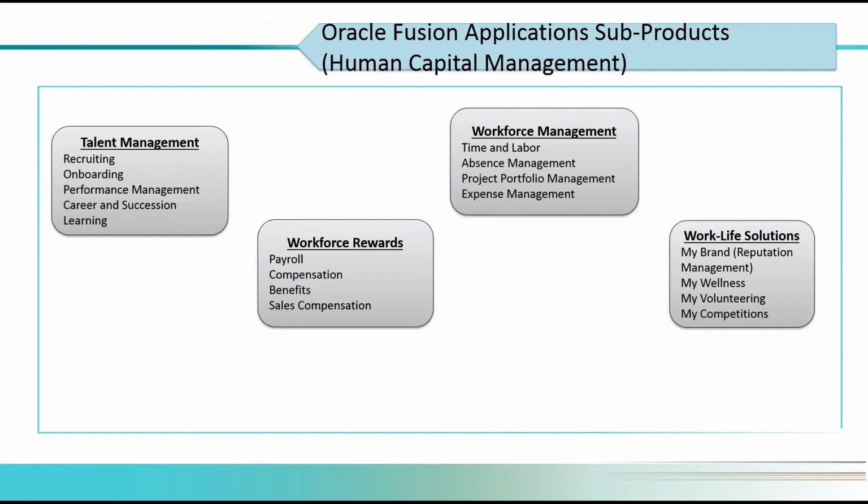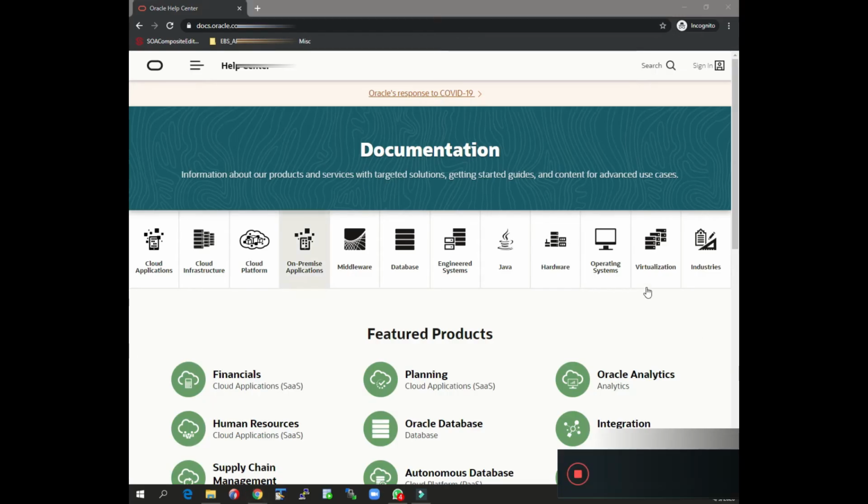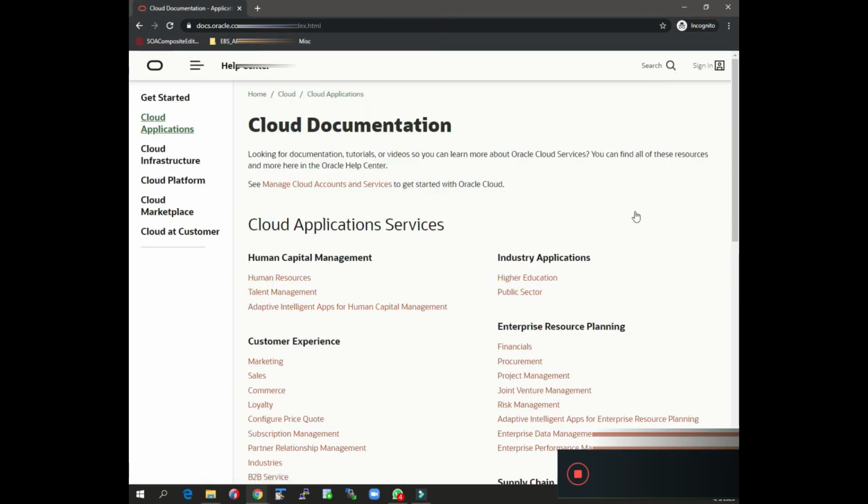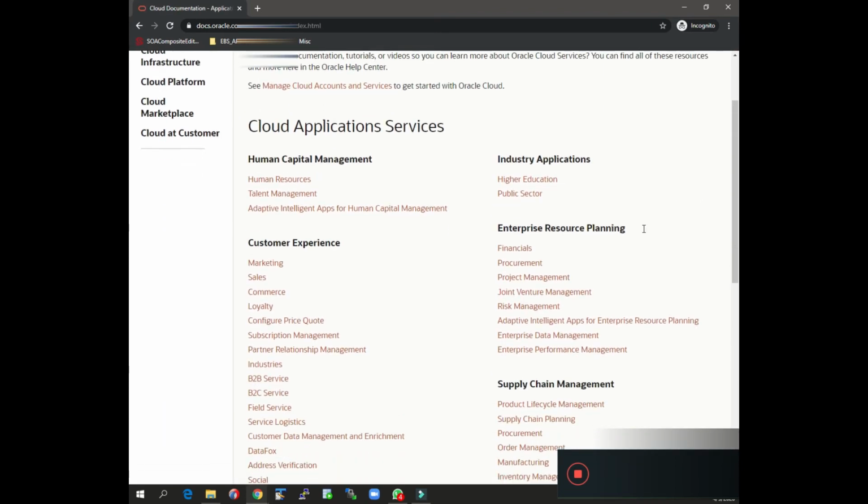So for example, if you go to docs.oracle.com, in this you can see the cloud applications, which are nothing but the SaaS applications. Cloud platform, nothing but the PaaS applications, the platform as a service applications, and cloud infrastructure, nothing but infrastructure as a service applications. If you go to the cloud applications, you can see all the cloud applications being offered.